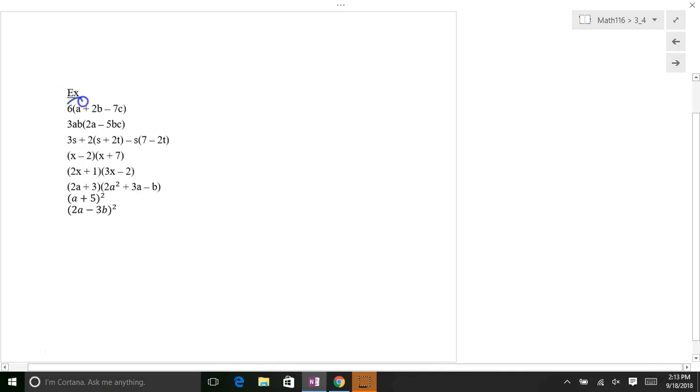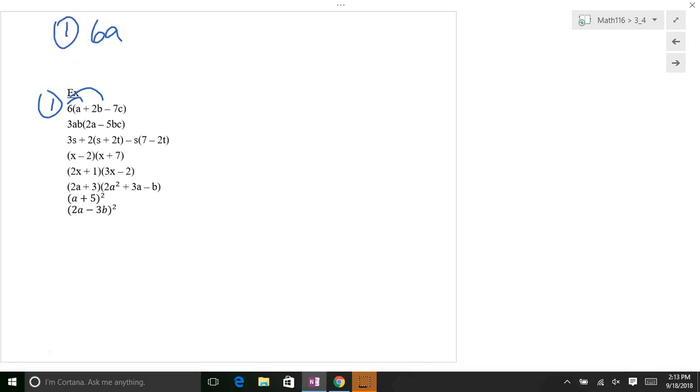Keep going with this distributive property. We've got 6 times a. So number 1 here, we've got 6a. You've got 6 times 2, 12b. You've got 6 times negative 7, minus 42c. Number 2, we've got